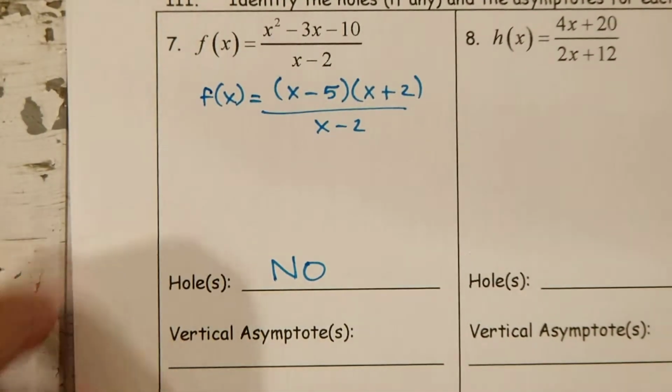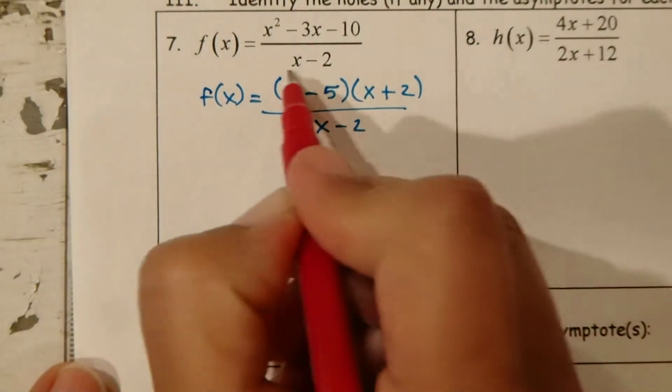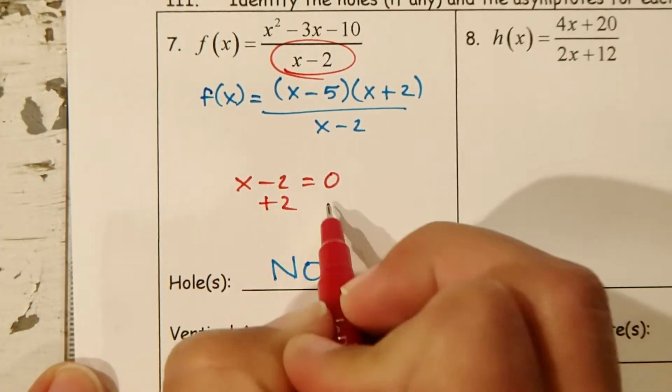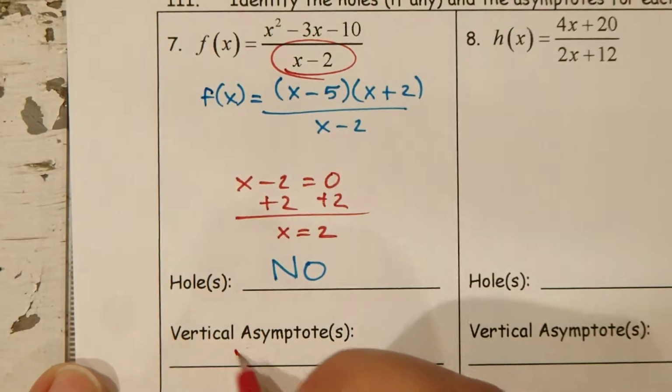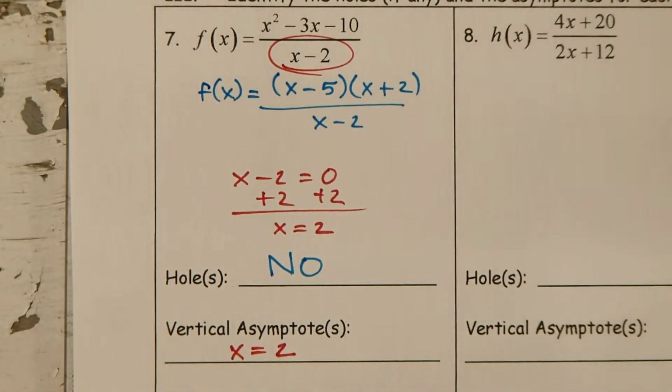Now let's talk about vertical asymptotes. Vertical asymptotes are where the denominator is equal to 0. So we say x minus 2 equals 0. Solve for x. X equals 2. So our vertical asymptote is going to occur at x equals 2. Now a little further down,